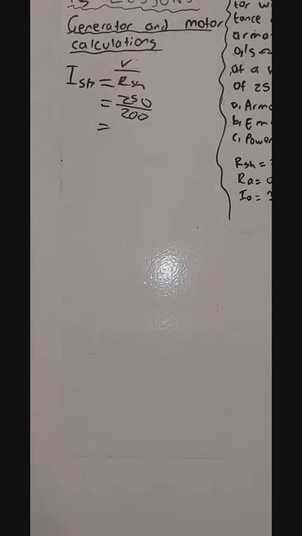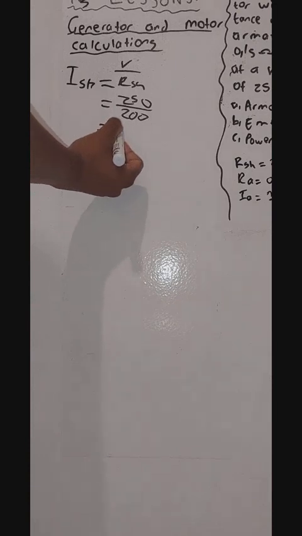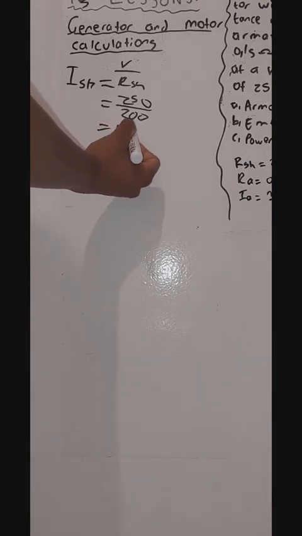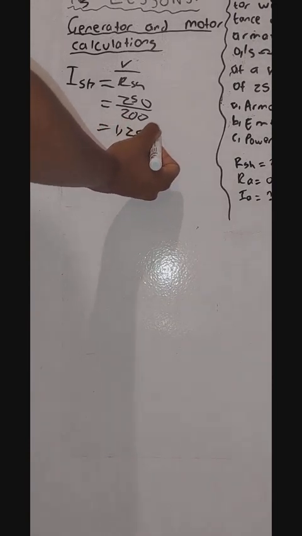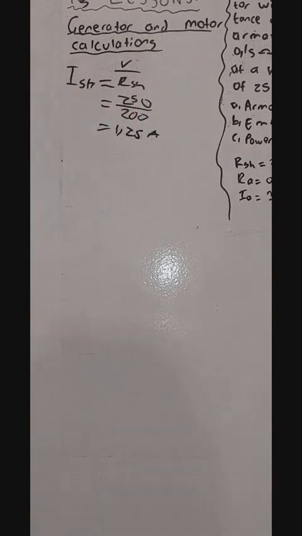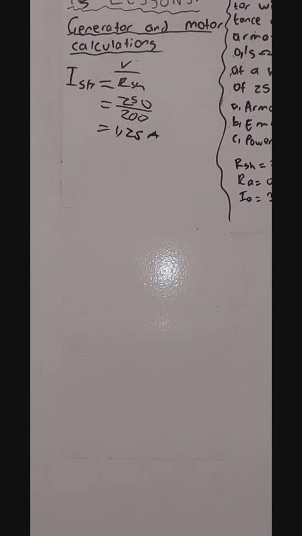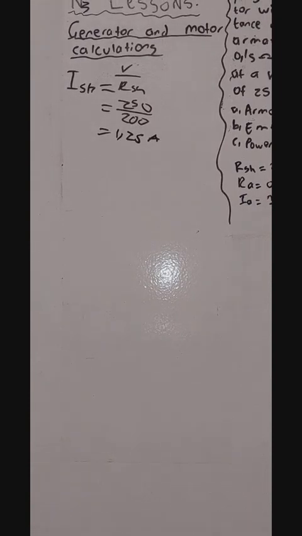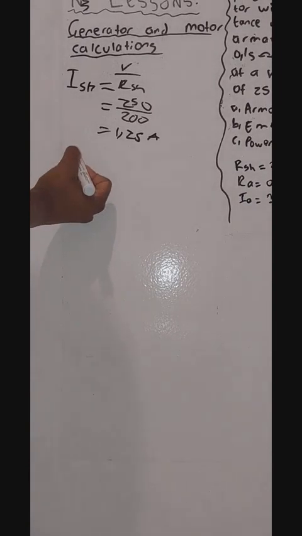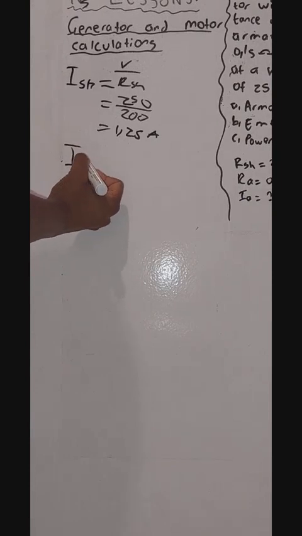From the calculator, 250 divided by 200, I get my answer to be 1,25 A. And since now we have the I shunt, you already know we can just substitute, because we said